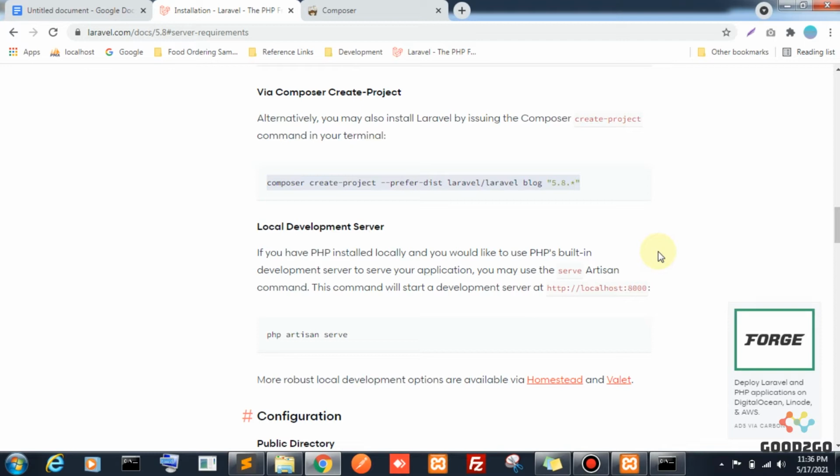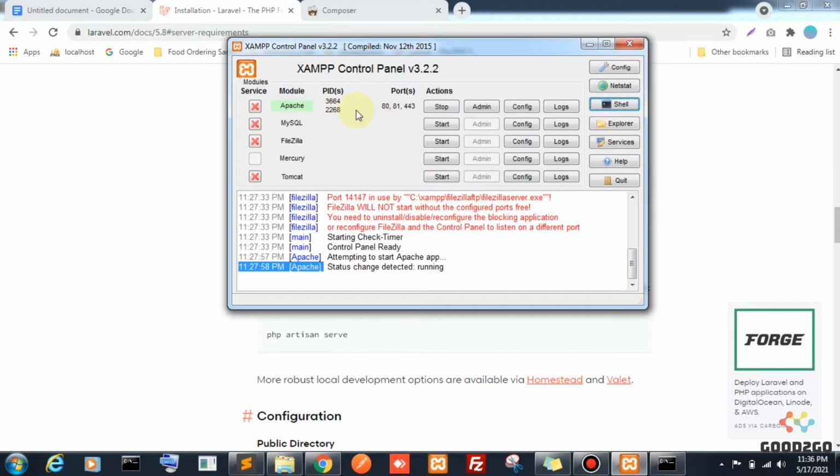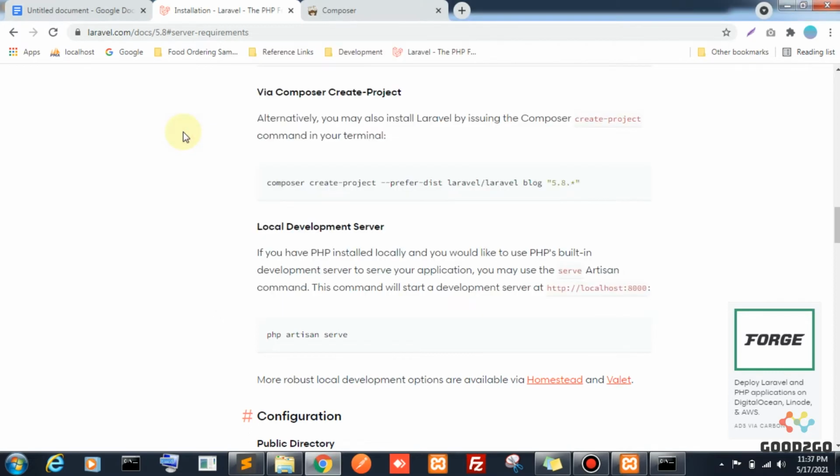Sometimes while I am starting Apache, I said right, the ports are listening on 80, 81, 443. Sometimes these ports will be blocked by some other application. For example, if you are using a screen sharing application like TeamViewer, it will hold some port to run that application.